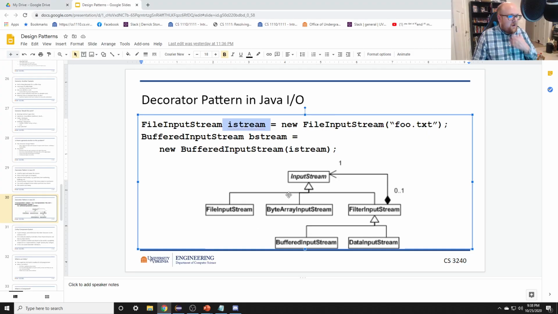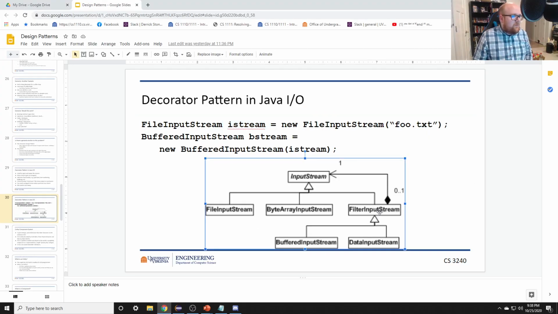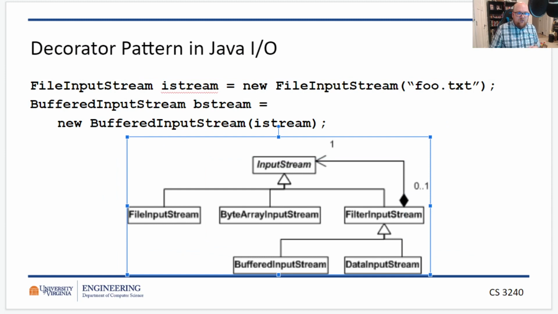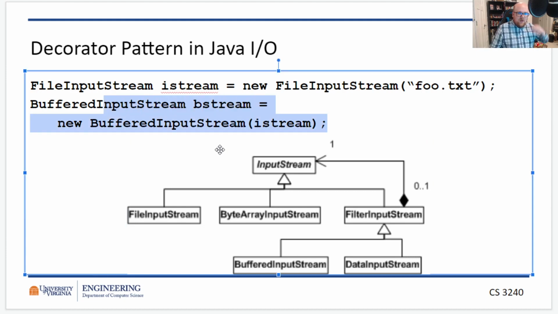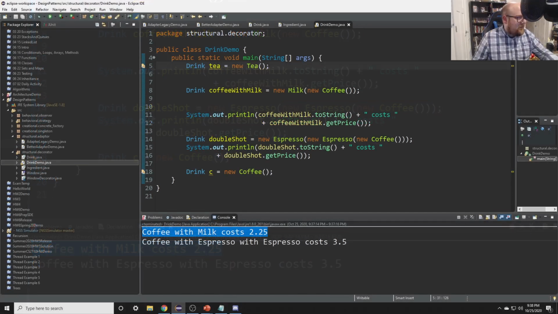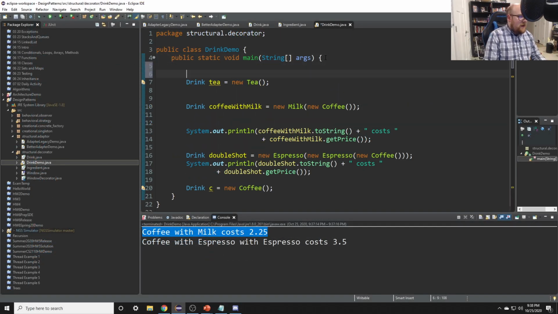So in the case of Java I/O, we have FilterInputStream, and then we have BufferedInputStream and DataInputStream as different things that are decorations. So our base might be something like a FileInputStream. We decorate that base with a BufferedInputStream, like we do here. This is why if you're doing file I/O in Java, it can sometimes look a little bit crazy, a little bit over the top, because you might do something like